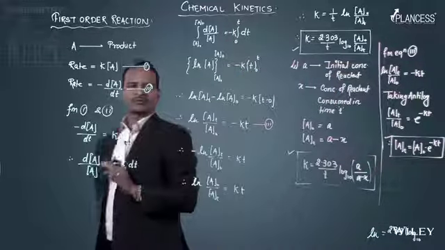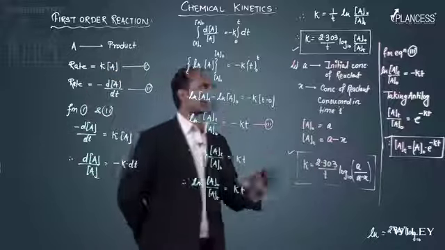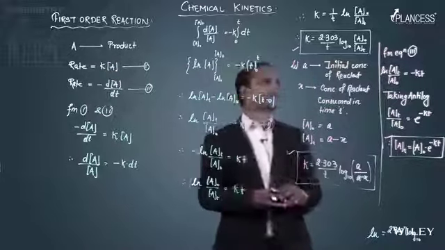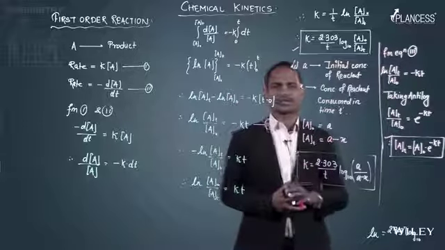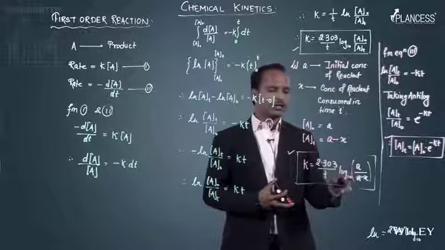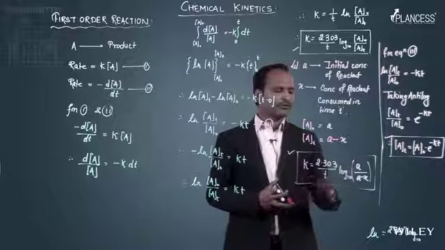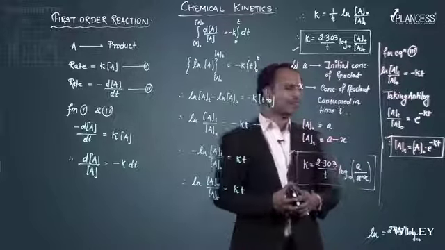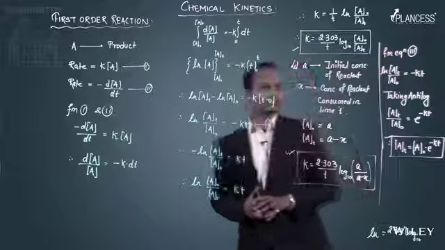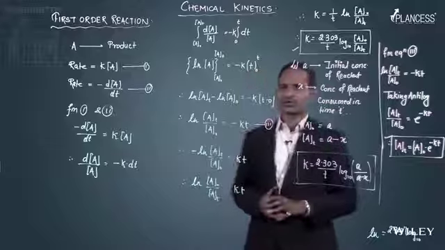We derived a formula for k. The formula is 2.303 upon t log to the base 10 A naught upon At, where A naught is the initial concentration and At is the concentration after time t. In another case, we have log to the base 10 a upon a minus x. And in the exponential form, we derived that At is equal to A0 into e raised to minus